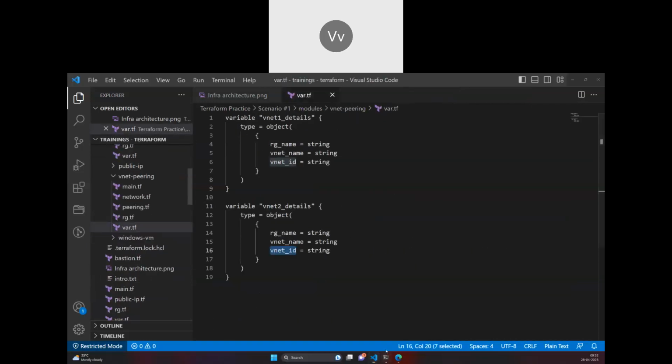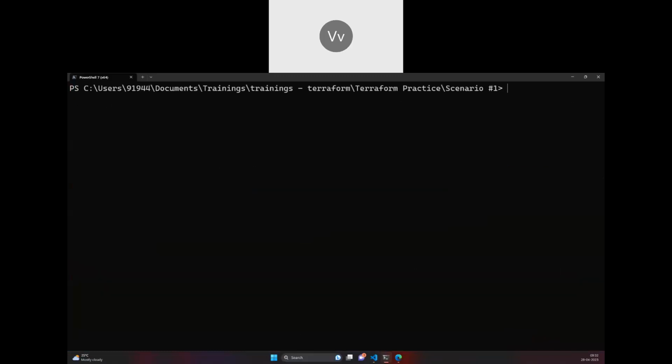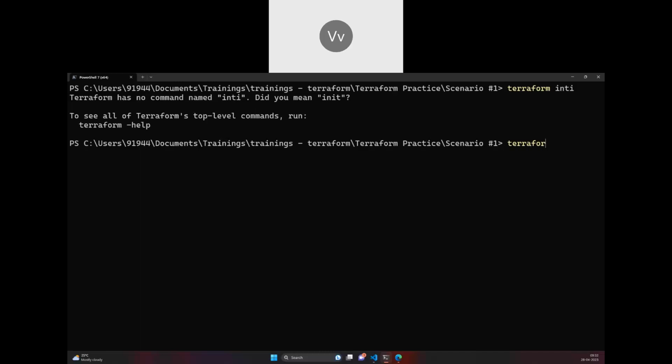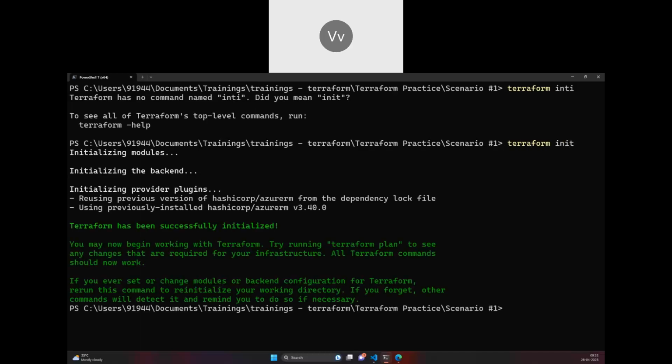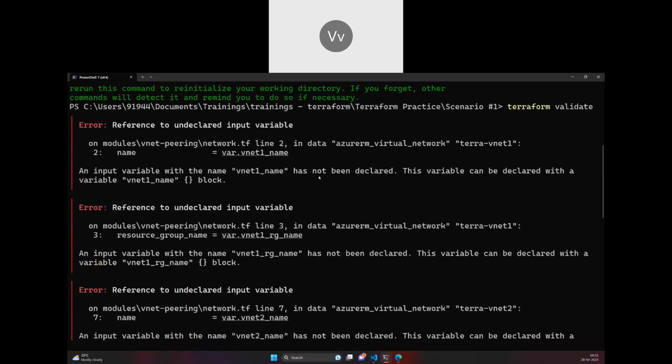So this, now I'll do Terraform init first. I'll clear the screen. Terraform init and Terraform validate. Okay, I have got a couple of errors. Let me go and resolve that. One is